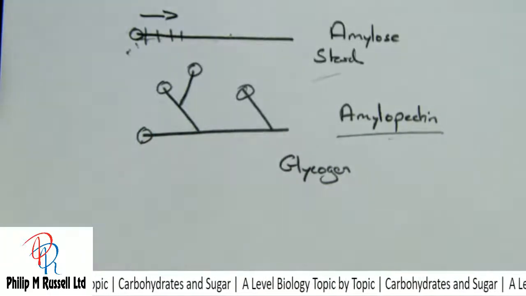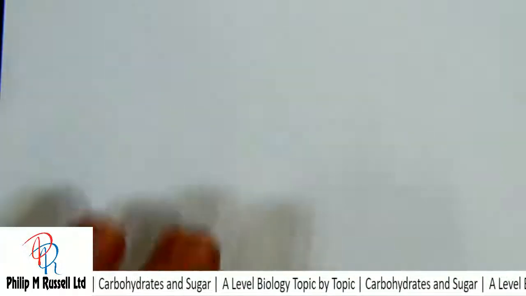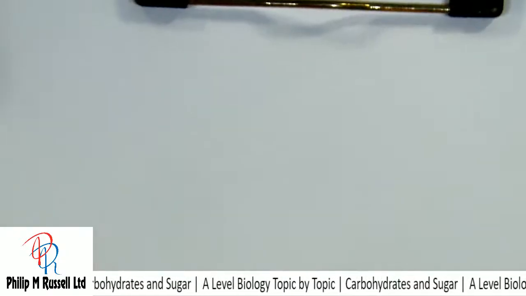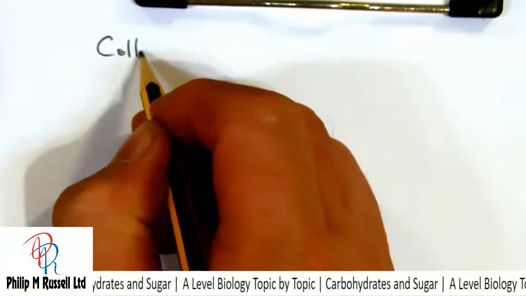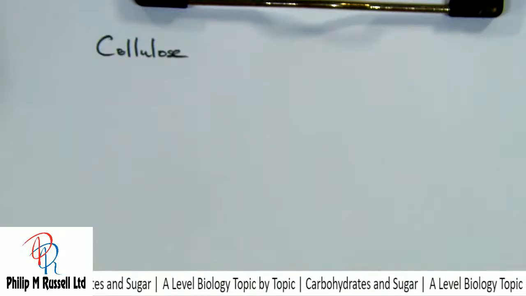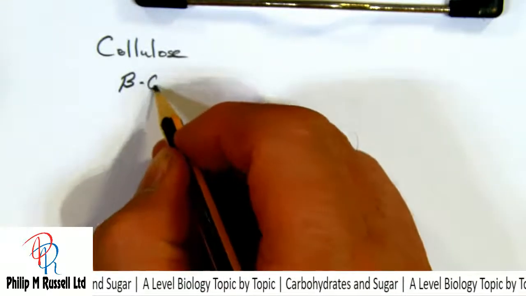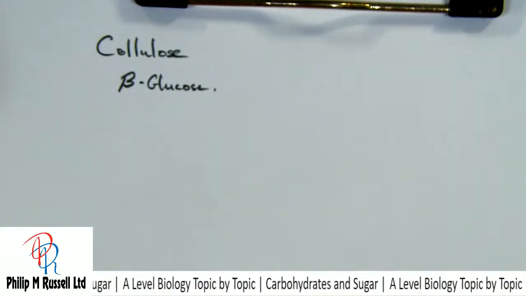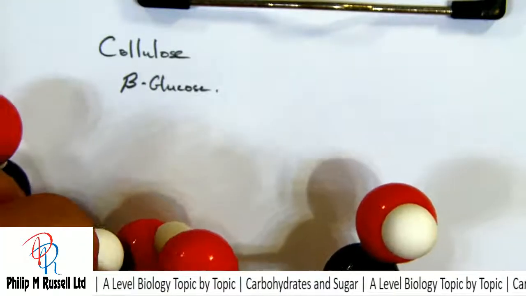Let's look at a different molecule, and this molecule I want to look at is one that should be fairly familiar to you, and this is cellulose. Cellulose is made not up from alpha, but made up from beta glucose. So let's take my amylopectin,